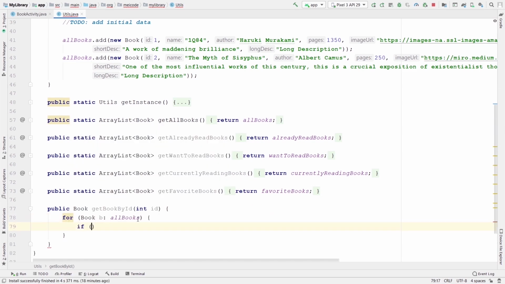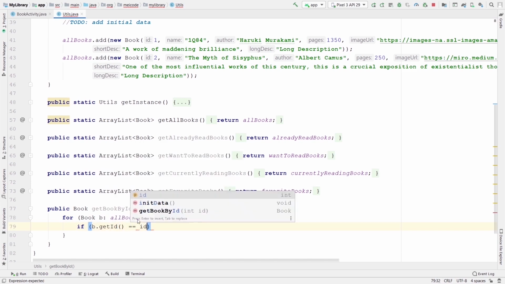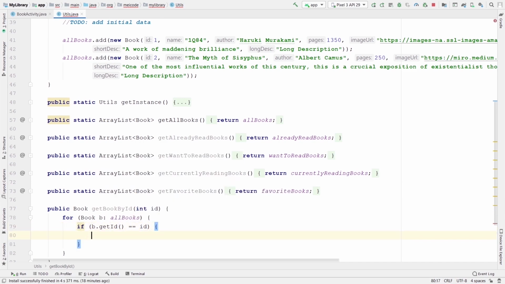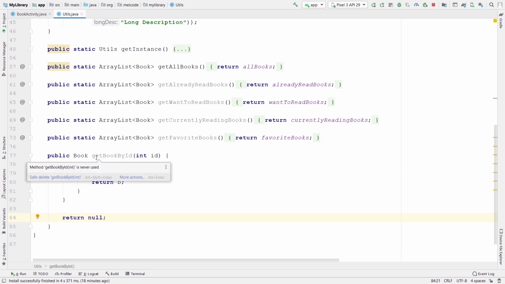In case b.getId is equal to the ID that we received, then we are going to return b. So if we have a book with this ID, we are going to return it, but after the for loop, if we didn't return anything, we are going to return null. By returning null in here, we are acknowledging that we may not find a book with this ID in our list. So whenever we call this getBookById method, we also need to be careful about the null values, because the